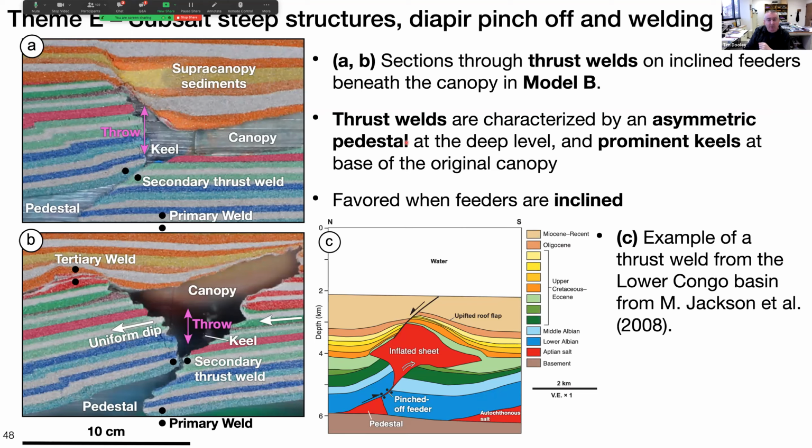And so overall, thrust welds are favored where the feeder was angled, where it was seaward